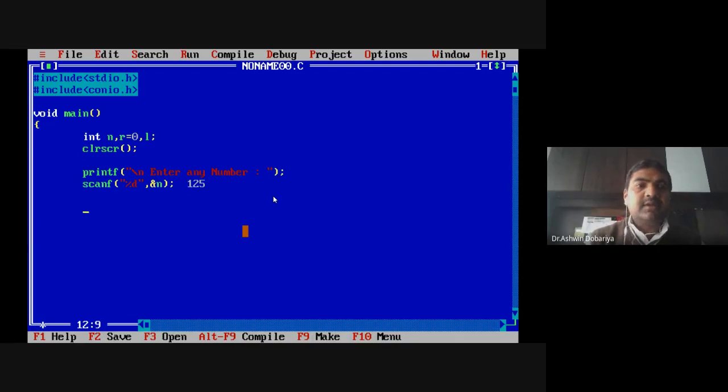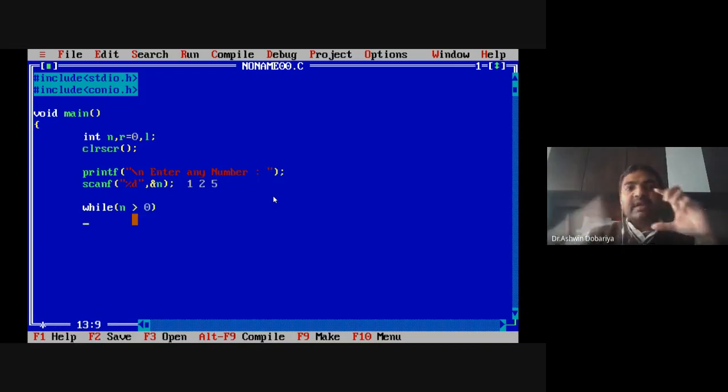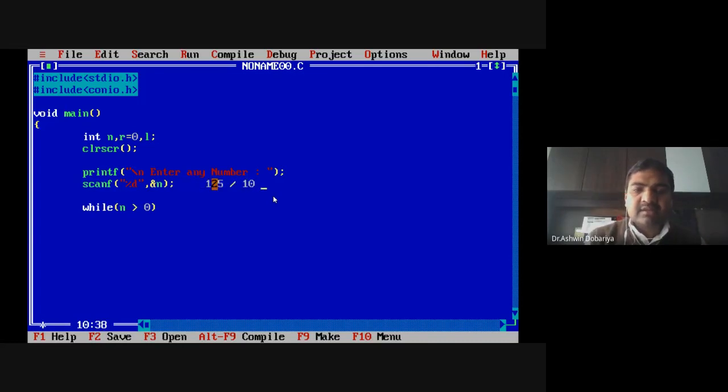Now we know how we can separate this value into 1, 2 and 5. So for separation in last we use a logic like this. Whatever number you enter, we will check whether that number is greater than 0. Say first time the number is 125. If you divide by 10, the number is 12.